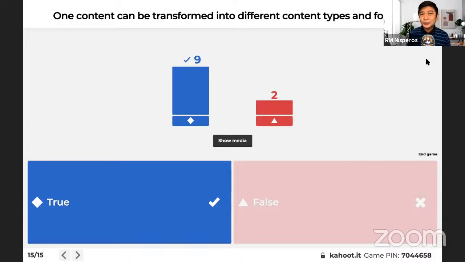Meron pang on the go, lean forward, lean back, then hero, hub, help. So it's very difficult for a small business, especially kung solopreneur, mag-isa ka lang, you do everything.